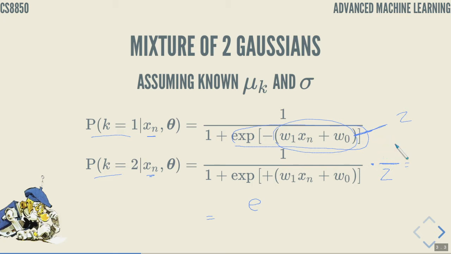That will be more interesting. e to the minus z, e to the minus z. And this one is e to plus z. So what we will get is e to the minus z over 1 plus e to the minus z. So if you look at the first one, 1 over 1 plus e to the minus z, and at the second